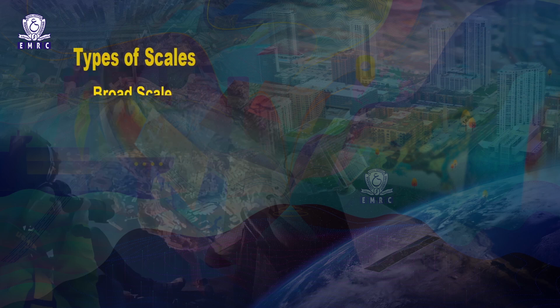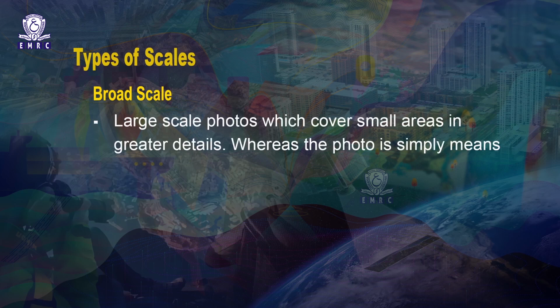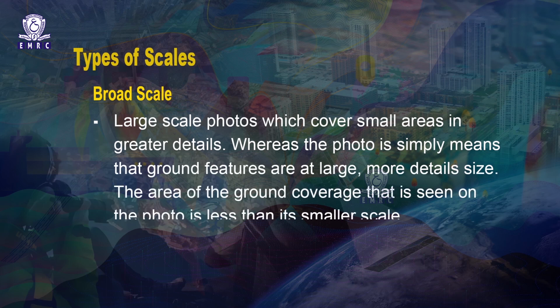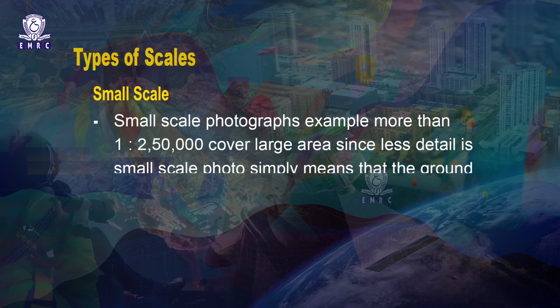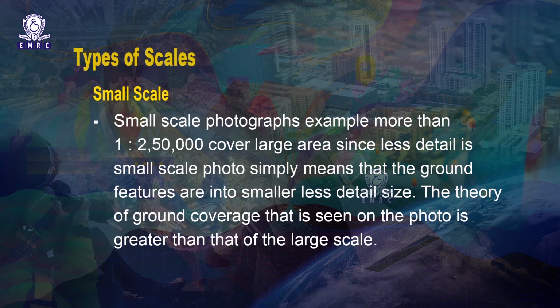There are 2 types of scales in broad terms. Large scale photos cover small areas in greater detail, which simply means the ground features are shown at a larger, more detailed size. The area of ground coverage seen on the photo is less than that of a smaller scale. Small scale photographs, for example more than 1:250,000, cover large areas. Less detail in a small scale photo simply means that the ground features are shown at a smaller, lesser detail size. The area of ground coverage seen on the photo is greater than that of the